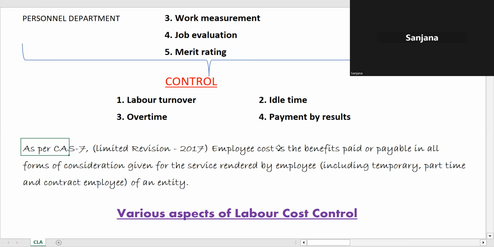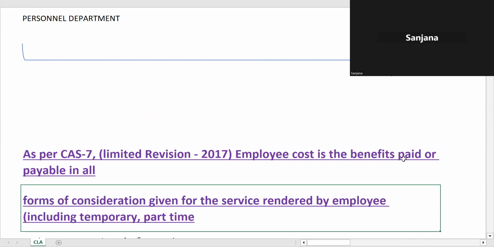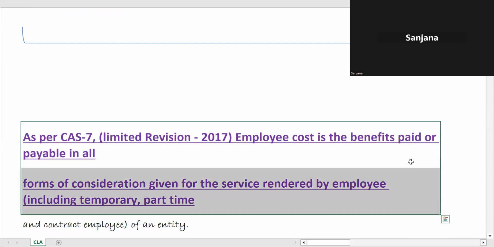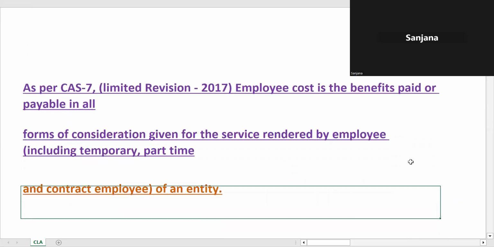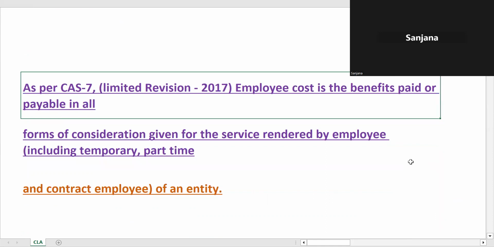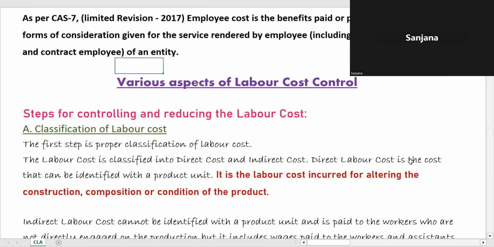तो यहाँ पे CAS 7 के तहत एम्प्लॉई कॉस्ट क्या है: बेनिफिट्स पेड और पेएबल इन ऑल फॉर्म्स ऑफ कंसिडरेशन, यानी जो आप सैलरी वेजेस दे रहे हो। इन ऑल फॉर्म्स ऑफ कंसिडरेशन मतलब कैश और काइंड। सो वेजेस पेड इन कैश और काइंड फॉर द सर्विस रेंडर्ड बाय द एम्प्लॉई, बस इतना ही बताया गया। और एम्प्लॉई टेम्पररी, पार्ट टाइम और कॉन्ट्रैक्ट एम्प्लॉई कुछ भी हो सकता है, सारे लेबर कॉस्ट में आएंगे।